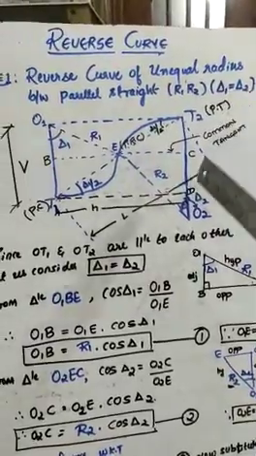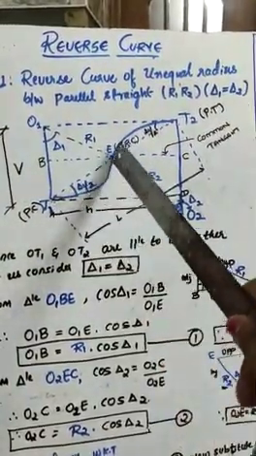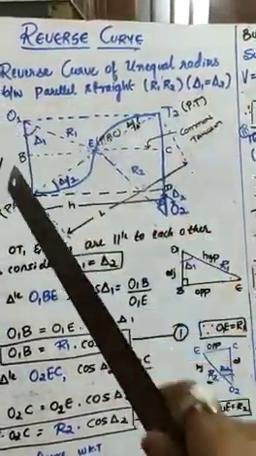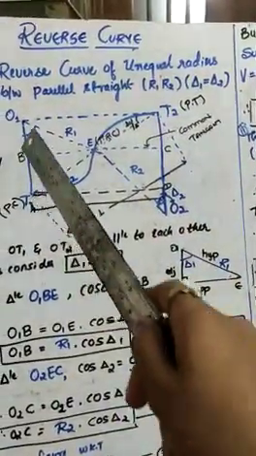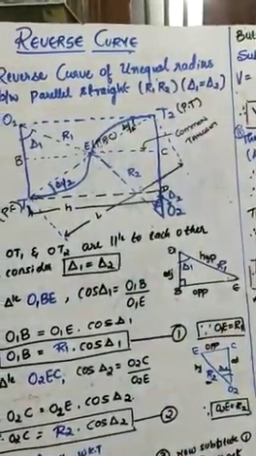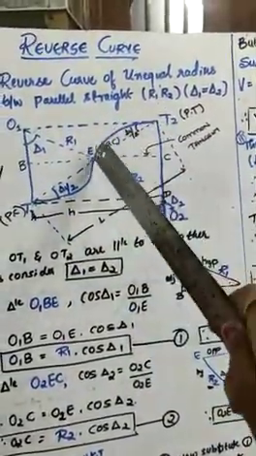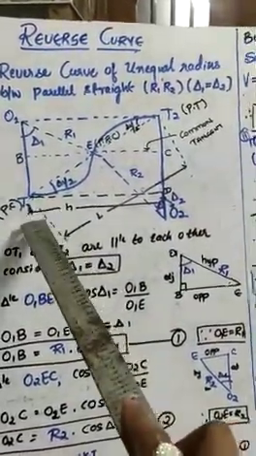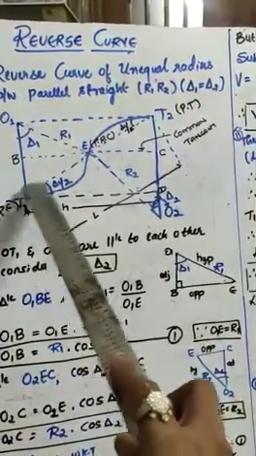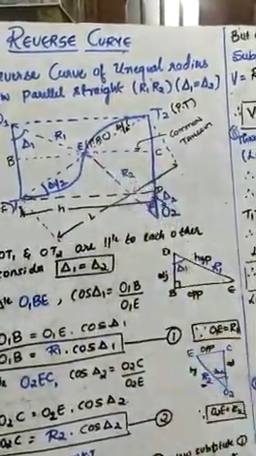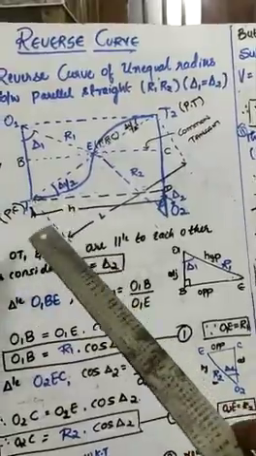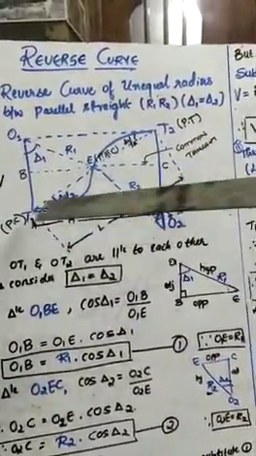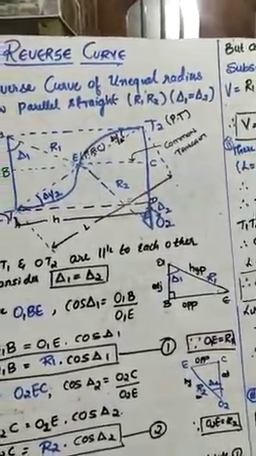Then the vertical distance between this reverse curve, it is known as V. V is nothing but T1B plus T2C, because it is a vertical distance of the particular curve. Okay. Next, the horizontal distance, it is the distance from T1 to T2, and this distance it is given by H, and here the inclined distance of this T1 and T2 it is given by L.